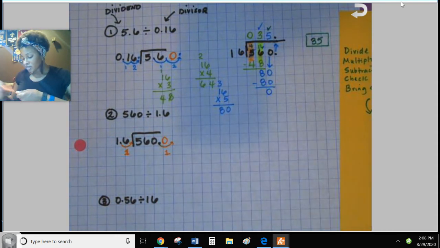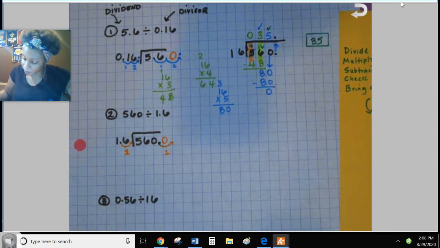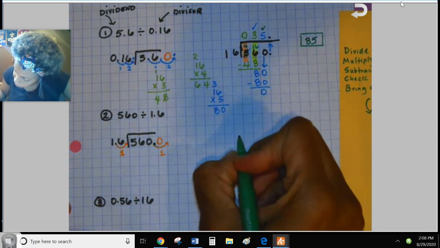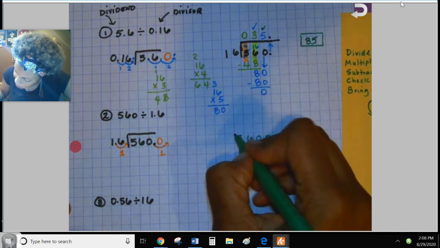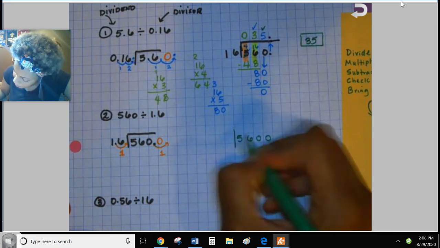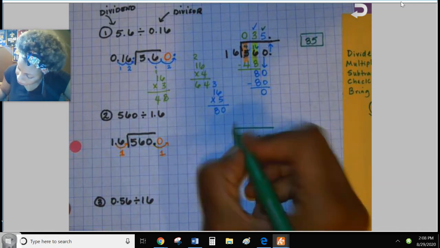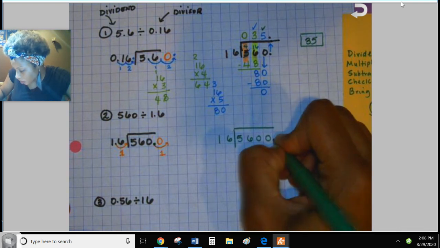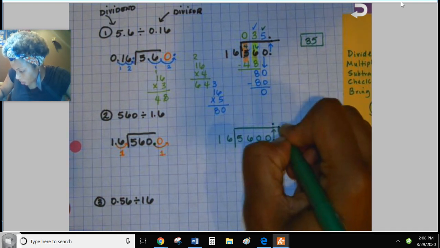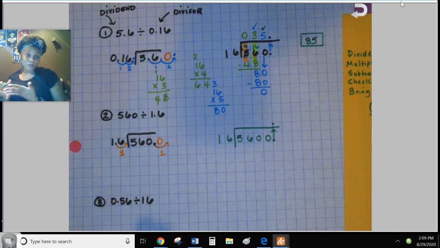So now that I have this, I'm going to rewrite my problem so that we can solve it. Again, I'm using graphing paper or grid paper so that I can keep my numbers aligned. And the decimal point was here. You would bring it straight up. Sometimes you'll use that decimal point, sometimes you don't, but I want you guys to get in practice of writing it and bringing it straight up so when we need it, we'll already have it there and you don't have to worry about where it goes. So now our problem has become